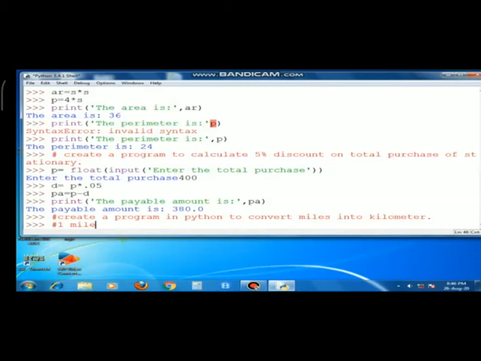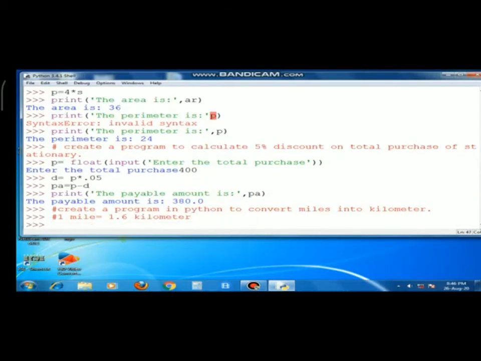One mile is equal to 1.6 kilometer. Now we will consider one variable, m is equal to integer